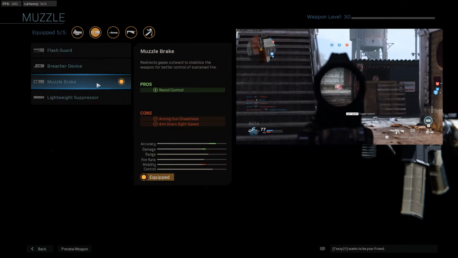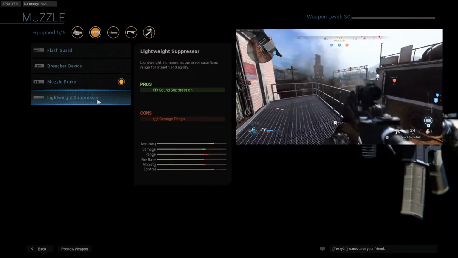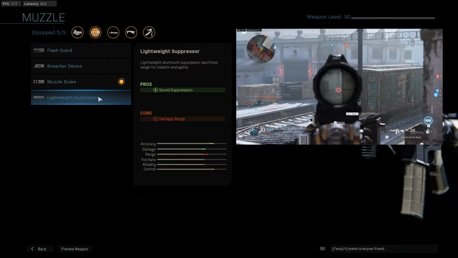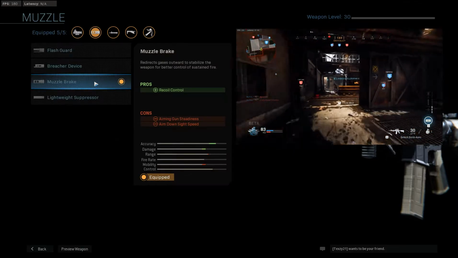A breacher device isn't really worth it unless you're constantly up close with the enemy and you like to melee a lot. I haven't meleed that much at all in the beta. I just don't feel like doing it, and I think it's really not a priority. The flash guard attachment helps with concealing your muzzle flashes, but reduces ADS, which honestly doesn't seem good at all,